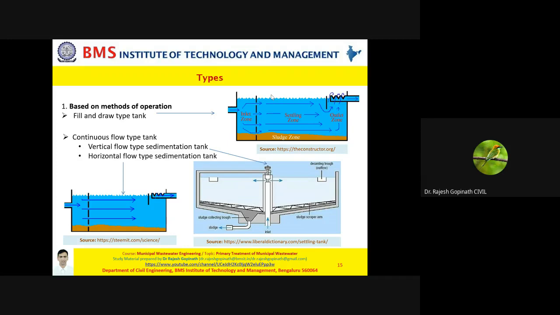Now the other type is your continuous flow vertical type. As you can see on the left hand side and the right hand side on the bottom, you can have two types. One is your horizontal flow, basically when the wastewater enters in a horizontal fashion, then it's called horizontal flow. But if your wastewater enters in a vertical axis, that is, it may be falling into the tank after descending or ascending, then it is called a vertical flow type sedimentation tank. I'll explain this better with certain animations and the operation aspects.